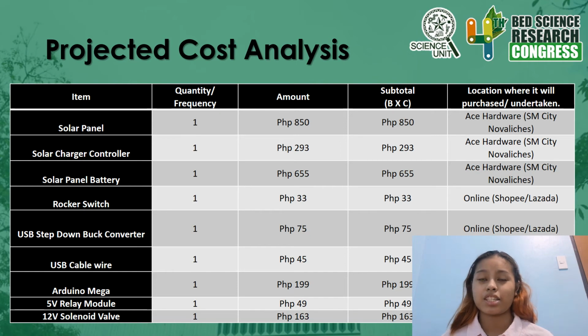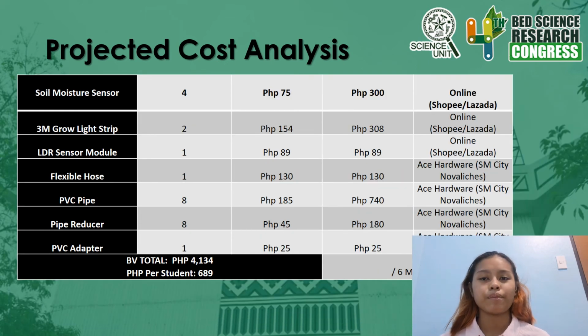Using high-quality materials can cost a lot of money, starting with the solar panel, its charger controller, and its battery, costing a total of 1,798 pesos. The researchers also use the rocker switch, USB step-down buck converter, USB cable wire, Arduino Uno board, 5V relay module, 12V solenoid valve, soil moisture sensor, 3M grow light strip, and LDR sensor module for the technical materials, and flexible hose, PVC pipe, pipe reducer, and PVC adapter for the container and other materials needed to complete the product. With that many materials to be used for the product, the total cost is